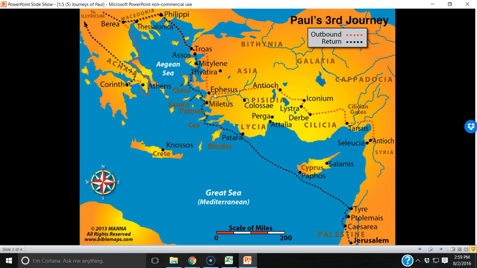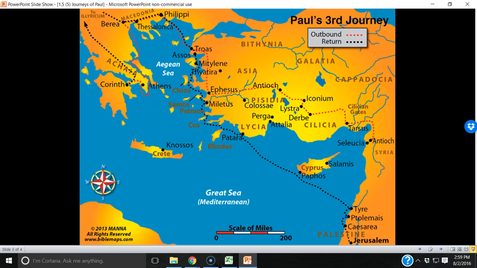Towards the end of the 3 years is when Paul experiences a riot in the great theater led by Demetrius. We'll talk about that later. And he has to flee Ephesus. And he travels north to Troas. And then notice how he goes into these Macedonian churches again, like Philippi and Thessalonica and Berea. We're not really sure what is going on here. He may have gone further west. It's possible. But what we're going to do is have him going from Berea just down, to keep it simple, down to Athens again, and then to Corinth.